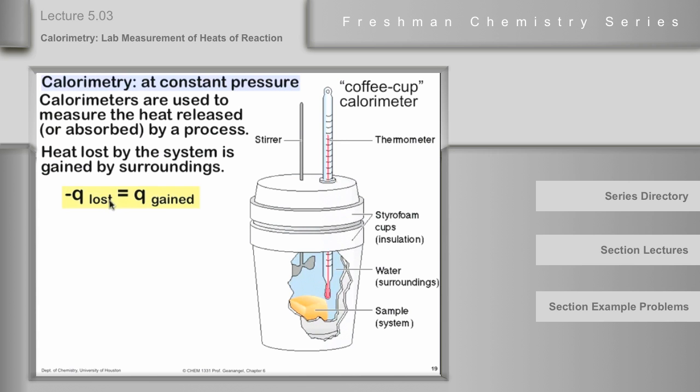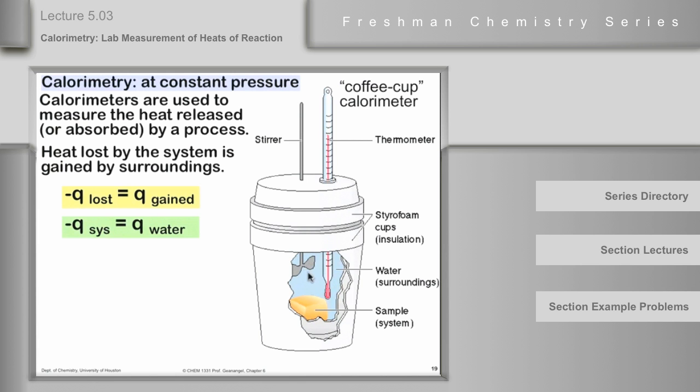What's losing the heat? The system, the zinc, whatever it is. So minus Q of the system is equal to Q of the surroundings. What's the surroundings? It's the water, mainly. Now, I realize there might be a thermometer there and a few other things, but water gets most of the heat. So for a cup calorimeter, we will assume that every bit of heat lost by the system is gained by the surroundings. So in order to calculate Q of the system, we're going to calculate Q of the water,